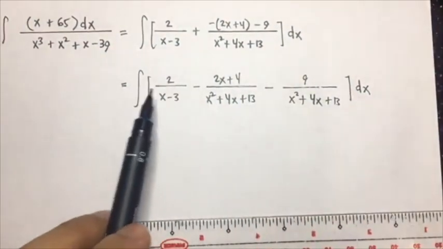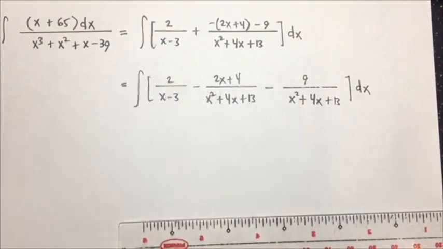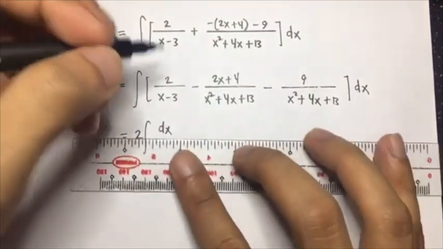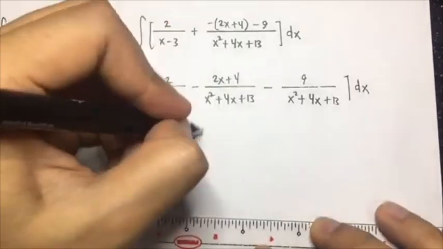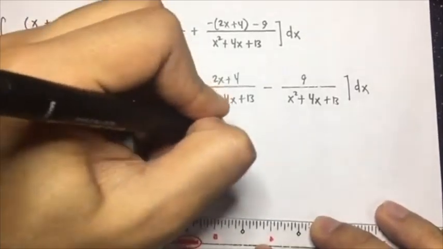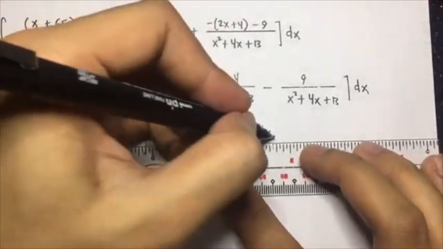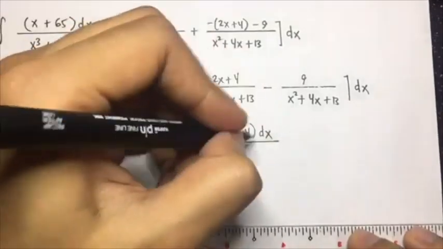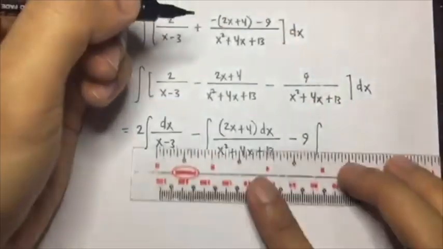So next we can distribute the integral sign and then write the numerical coefficients outside the integral sign. So we will have 2 integral of dx over x minus 3 minus integral of 2x plus 4 dx over x squared plus 4x plus 13. Okay, minus 9 integral of